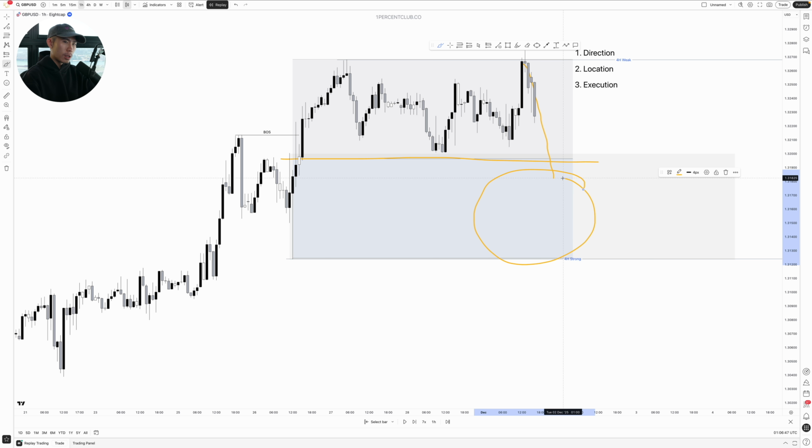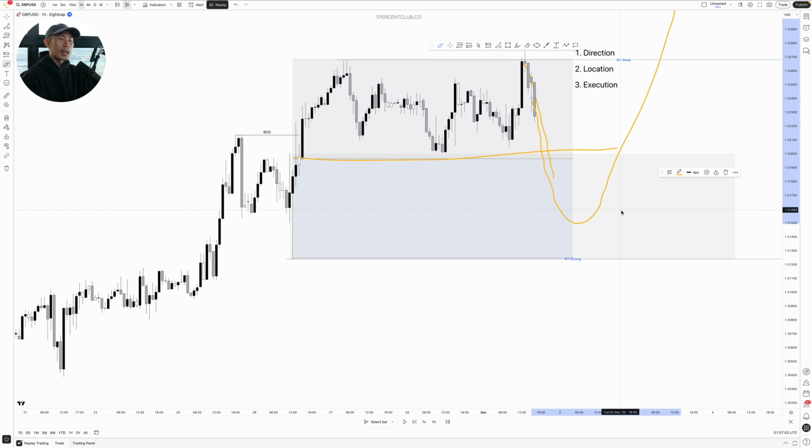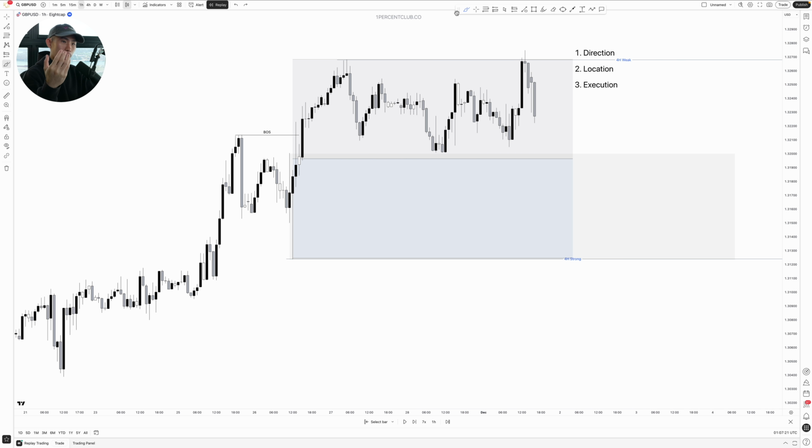And it's not a coincidence that this demand zone is actually in the discount pricing as well. And that pretty much just tells us the location where we want to enter for our buy, right? That's the price point that price is most likely going to react and start reversing and give us the next move to the upside. And another thing is that this is also the swing low, right?